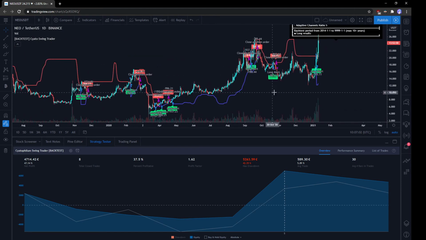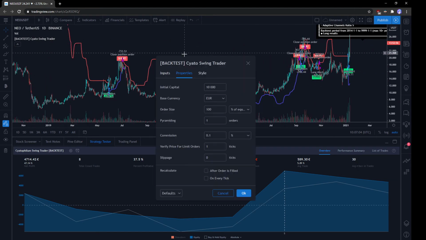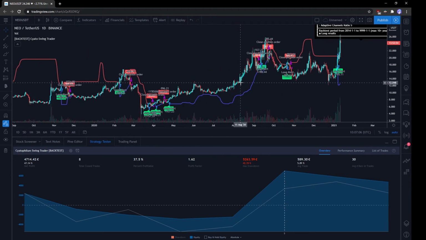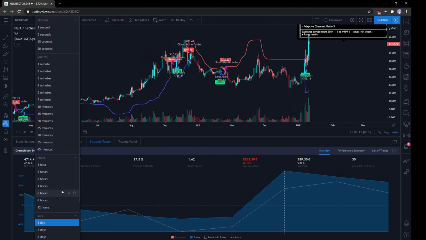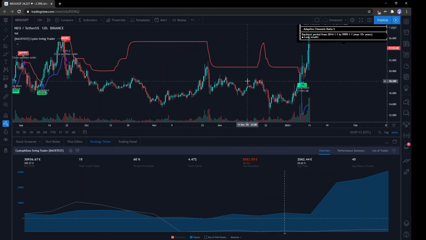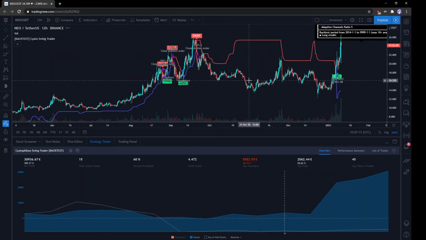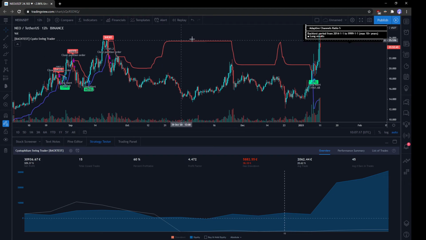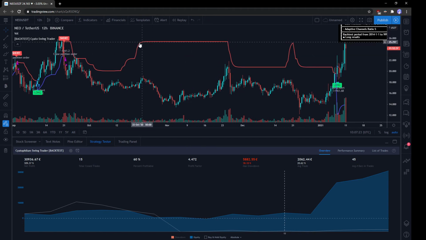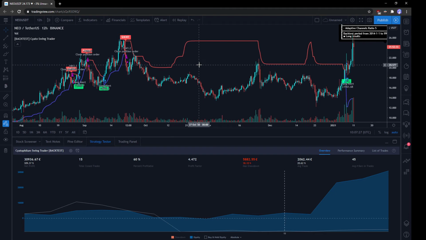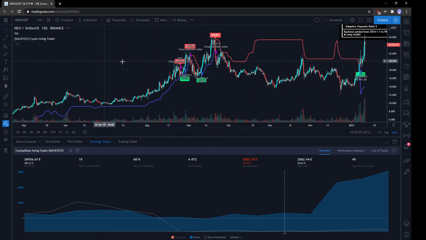And we want to find a good ratio and a good time frame. So one day is perhaps a bit too much. We want something like this. So yeah, the adaptive channel is doing this kind of weird thing, because when the price is going sideways, it will go wide, really wide, a bit like, not like the Bollinger Bands, but